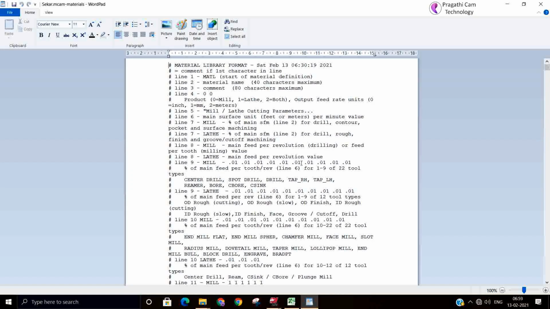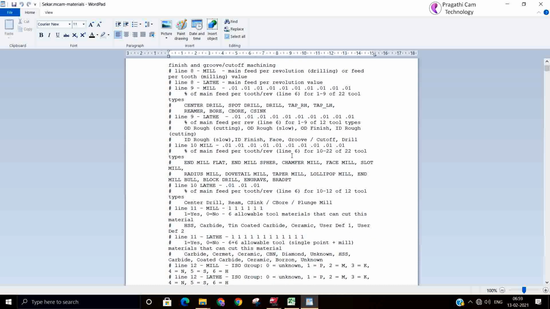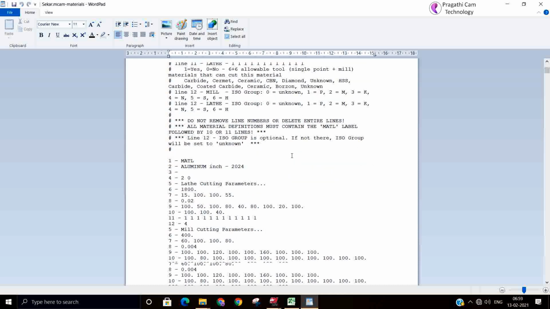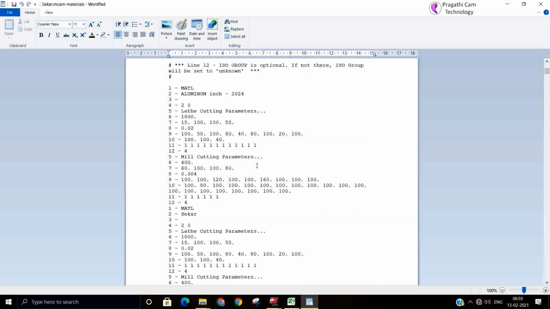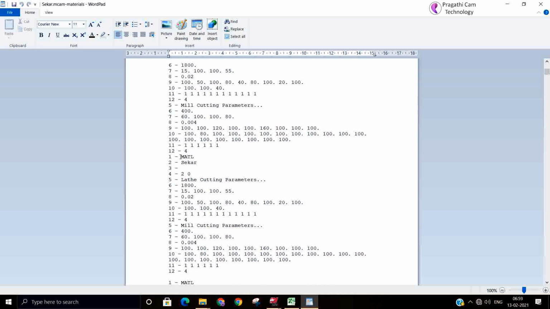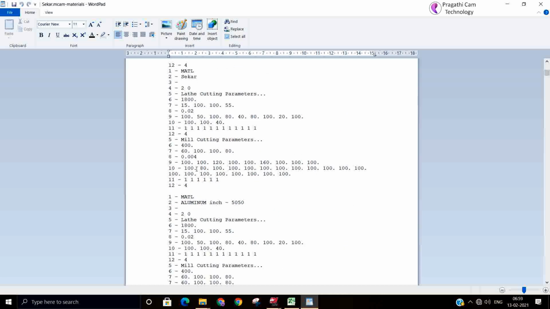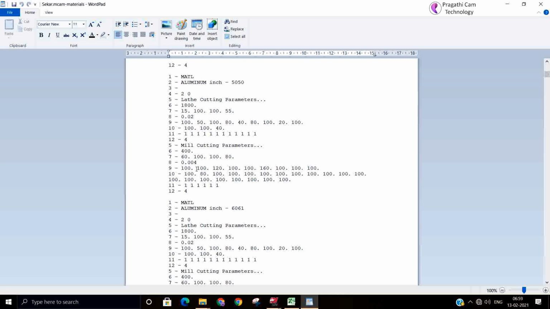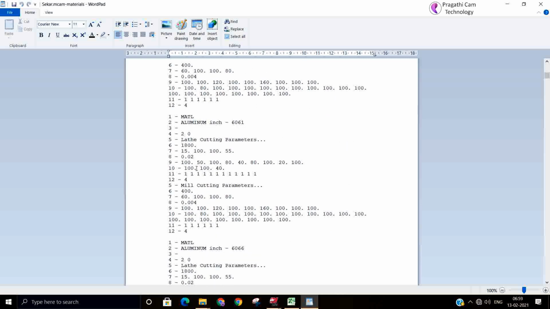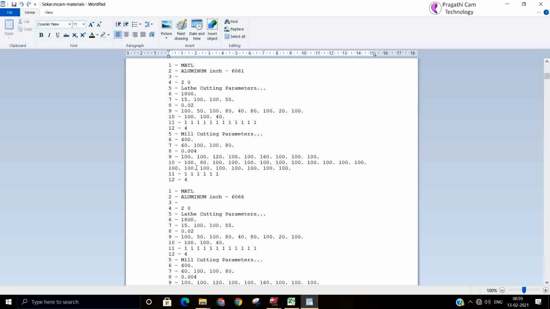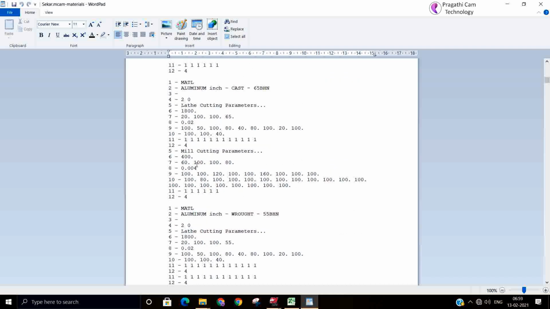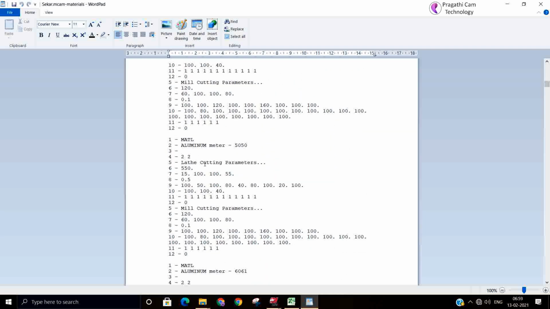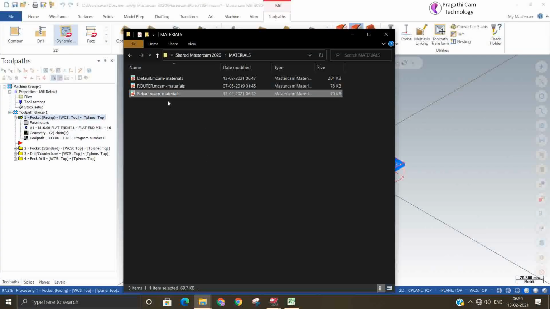You can open this library. This is the method by which you can make the material library. Whatever they have made is made here. It's a big task to make these libraries. Like this material database you can make, and this will be read through the material library.